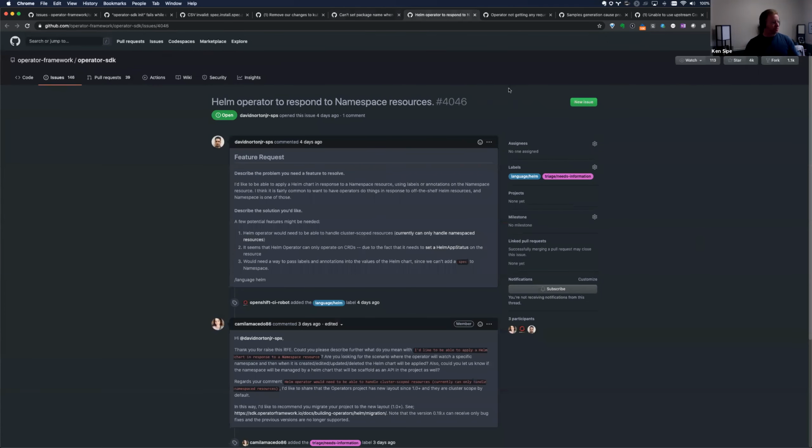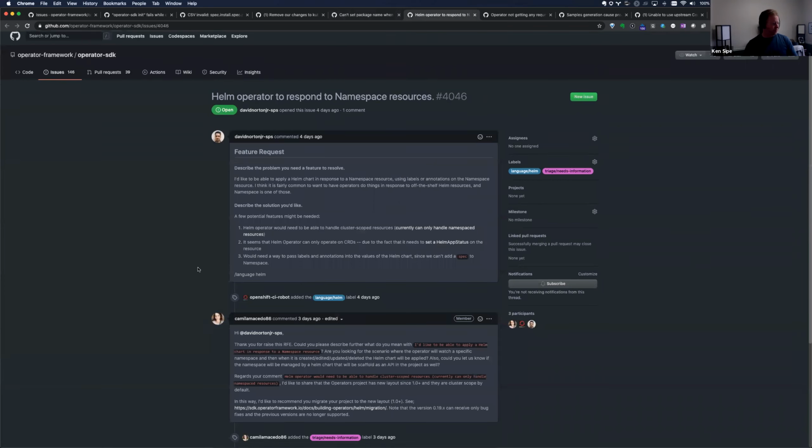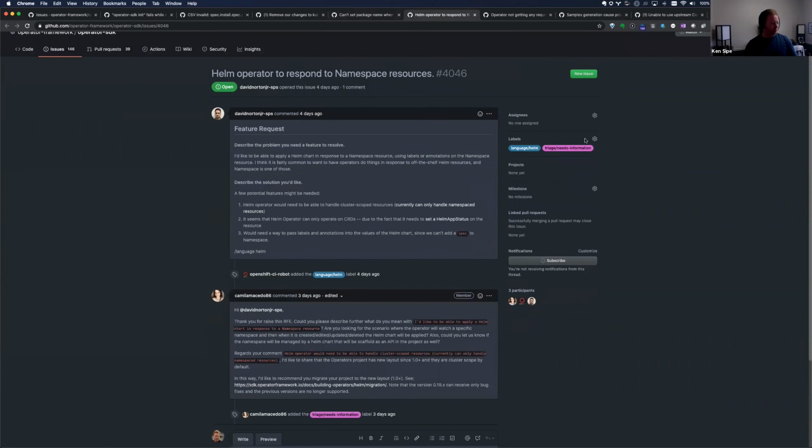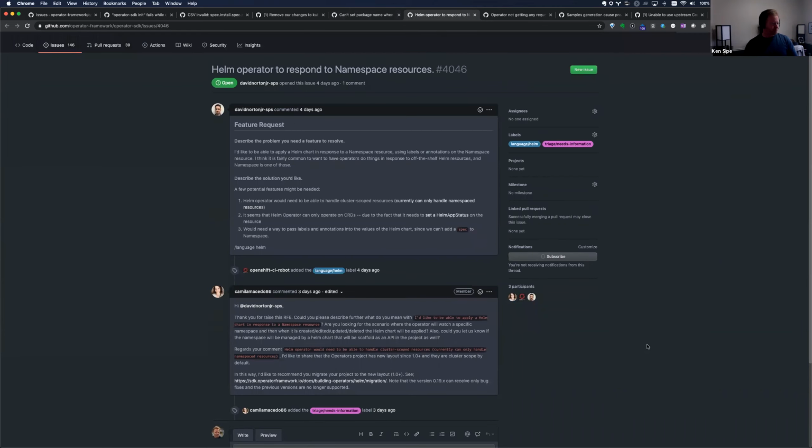Next up, let's see here. Looks like we have some back and forth. Camilla, we need more information and we're waiting on that. This one to me looks like a pretty significant feature request that would require some somewhat significant code changes in